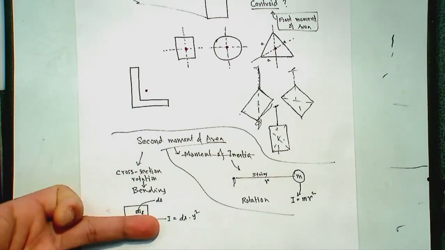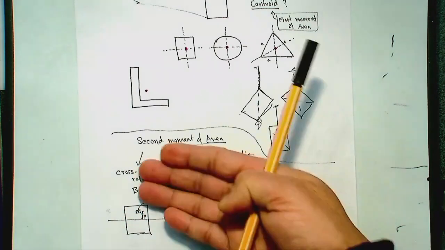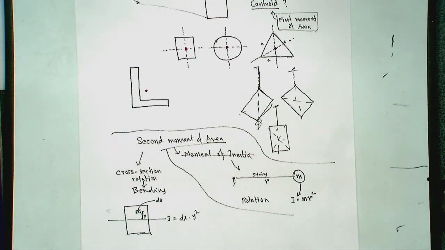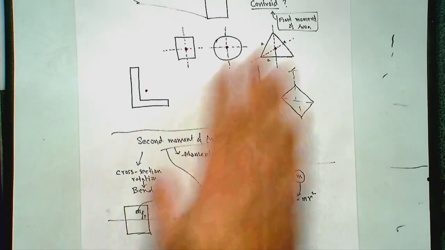So if this axis is the axis of bending, it's related to this idea of rotation, second moment of area. And it will come into various other subjects that you do. So as we go through it, I'll probably go,